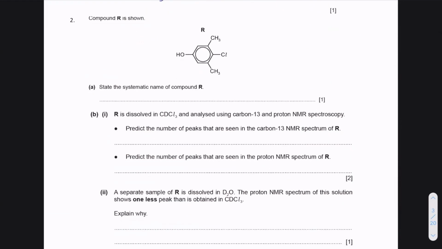State the systematic name of the compound R. Okay, so I have a phenol, right? Because OH with the ring, so it is a phenol. It has methyls and a chloro. So how will I name the methyl? Doesn't matter, symmetric compound. So 3,5-dimethyl